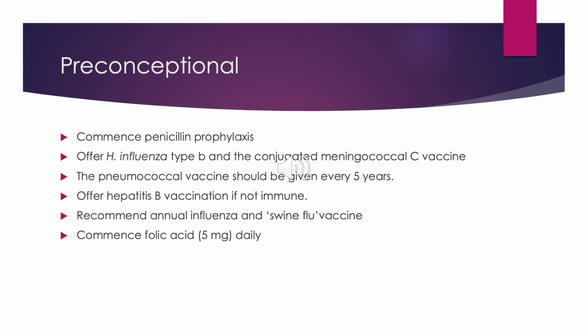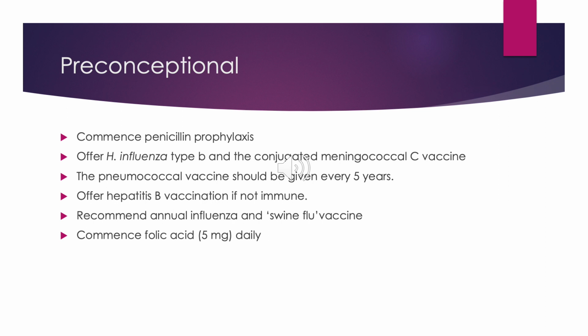These women should be seen preconceptionally and must be assessed for organ dysfunction as a result of sickle cell disease or iron overload. And if there is any organ dysfunction, they must be advised against pregnancy and offered the proper contraception. However, if the disease is well controlled, in these situations we must start the prophylactic and preventive measures